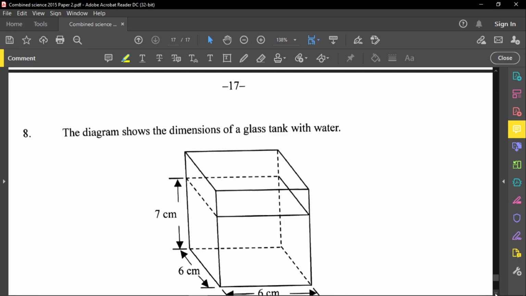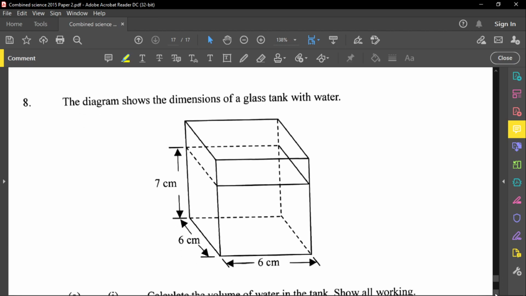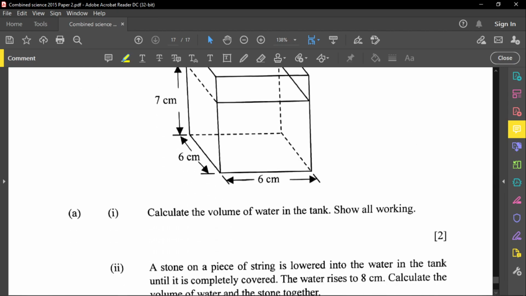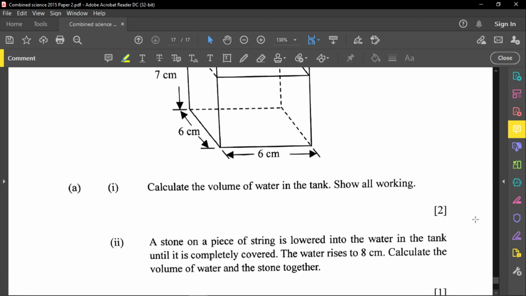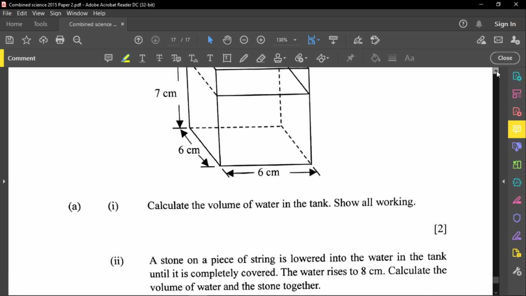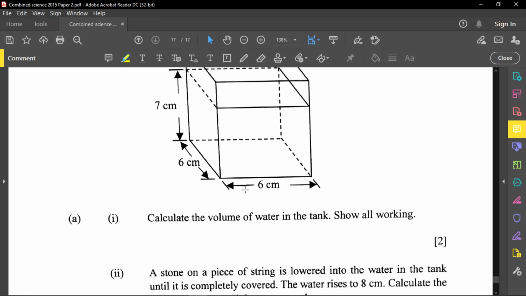And this one now reads that the diagram shows the dimensions of a glass tank with water. So I'm going to assume now that the water is this line right here, okay? And now the first question, let's go down to the first question here. Calculate the volume of water in the tank. And so the water in the tank will be the dimension of 6 by 6 by 7, base times width